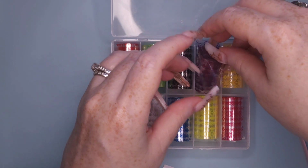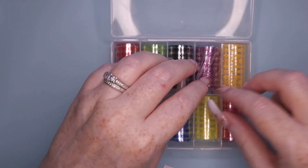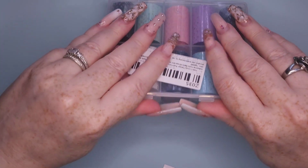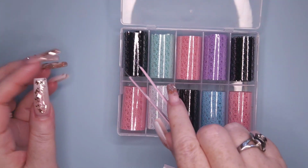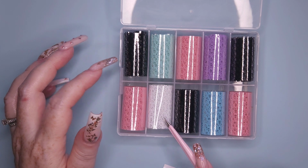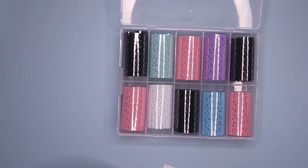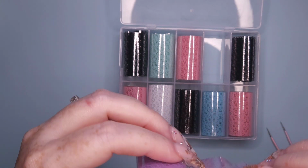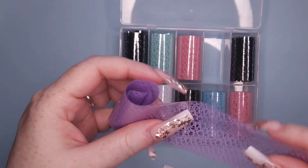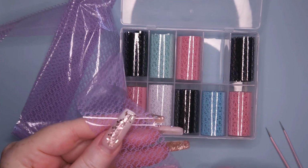And the next set of foils, which, oh, damn, these things never want to go down in there. Okay, so the other set, which is my last thing to show you, is like that other one, different colors. These aren't as many colors though. There's 3 blacks, 1 white, 3 pink, 1 light blue, and 1 like seafoam green. And these are, let's do purple because I like purple. And of course these are not put in there as well. So to find the end, ugh. Man, I thought I was going to get away without having to do this. Okay, so these